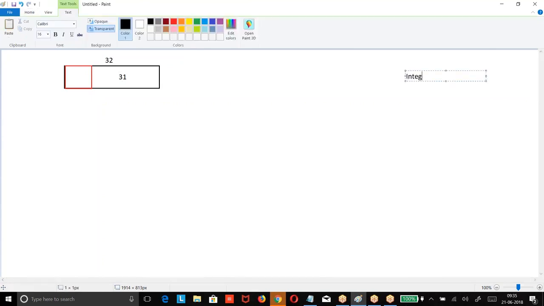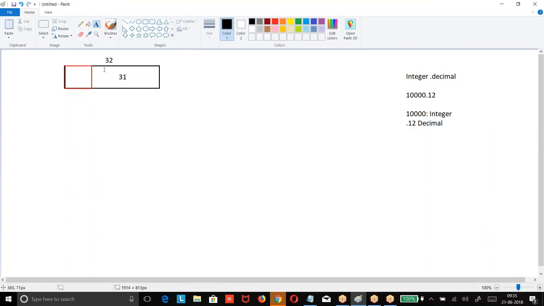Now when you say integer, say your value is 10,000.1, where 10,000 is the integer part. When you take an integer, all the 31 bits are used for representing what? Integer value.